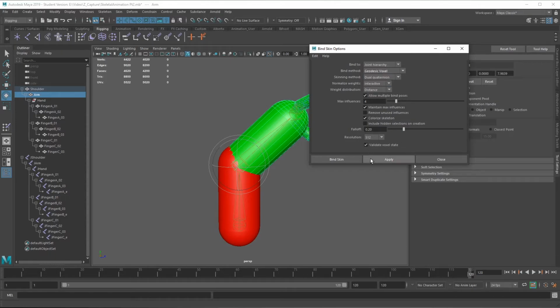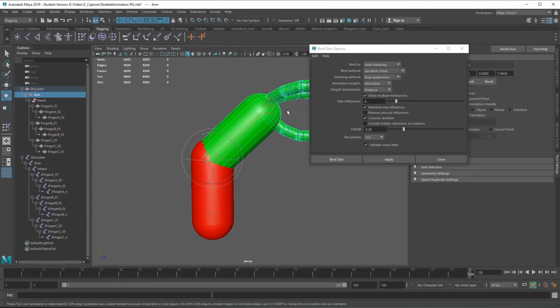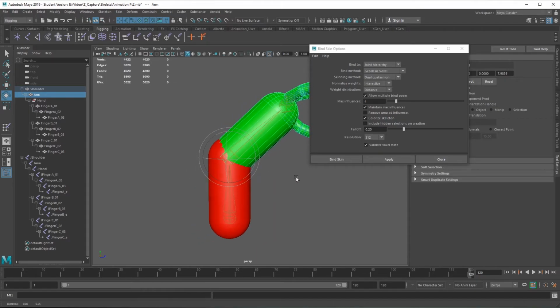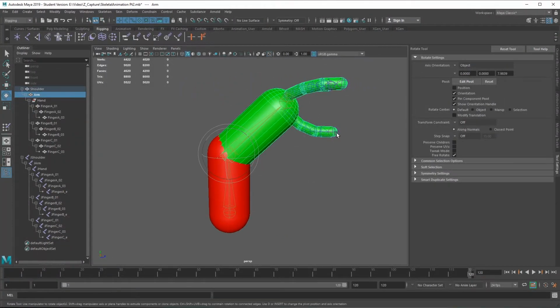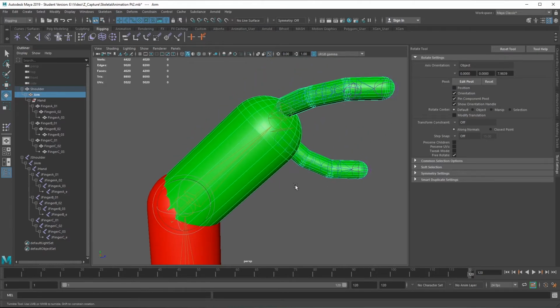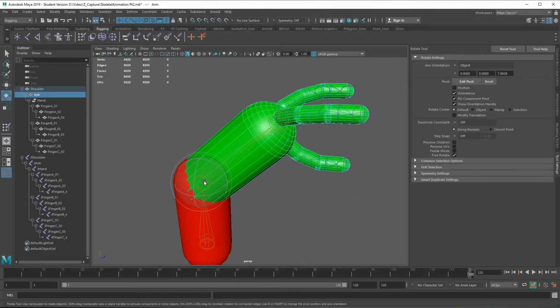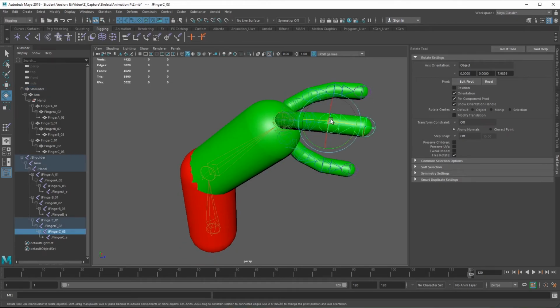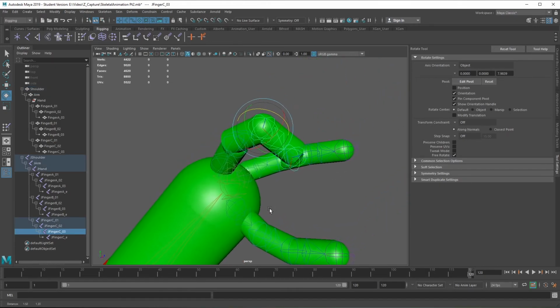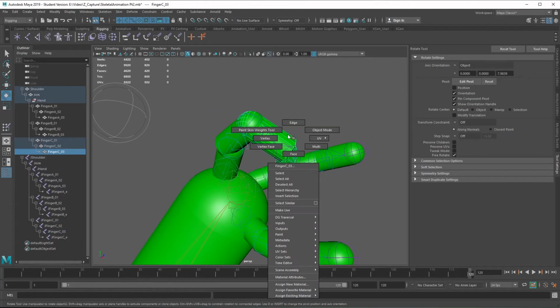But definitely there are ways to improve on this state. I'm going to be stopping the video here, and I will be showing you a better way of working with this flood influence. But if you ever have a model that is separated in multiple pieces and you have a vertex joint that is going to be the rotation point, like in this case here, then it's really simple to just select one of these vertices